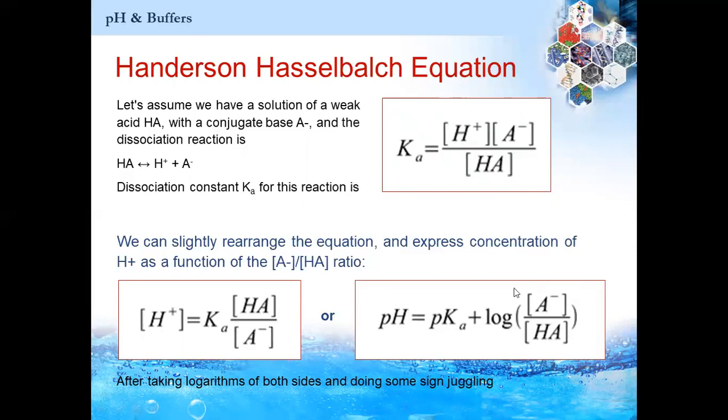And as explained in the previous slide, using these three terms, we can understand the buffering action of a buffer, and how by altering the concentrations of either the salt or the weak acid, we can bring a change in the pH of the buffer. And pKa gives us an idea about the dissociation constant of that weak acid.